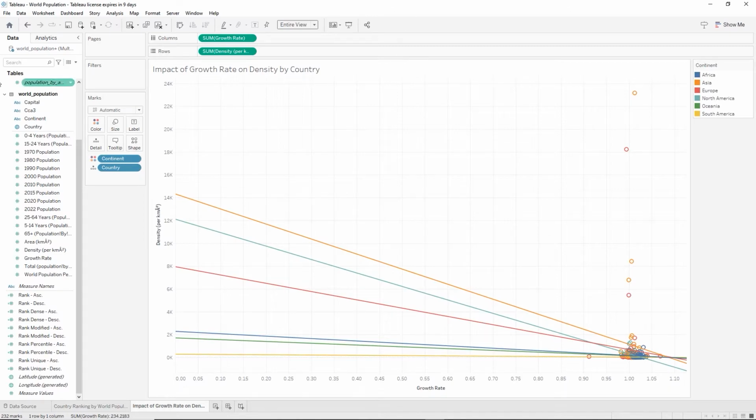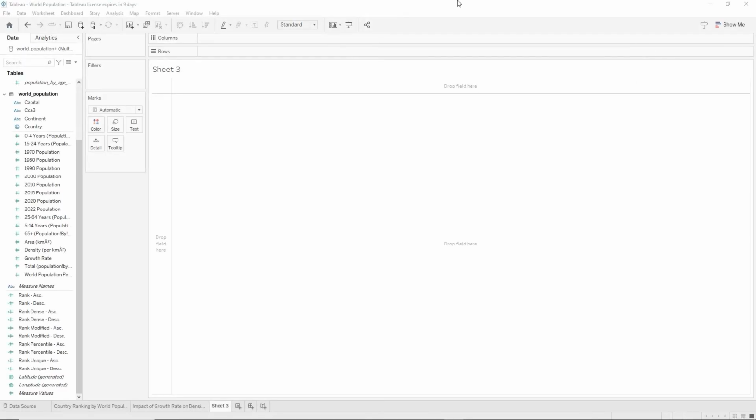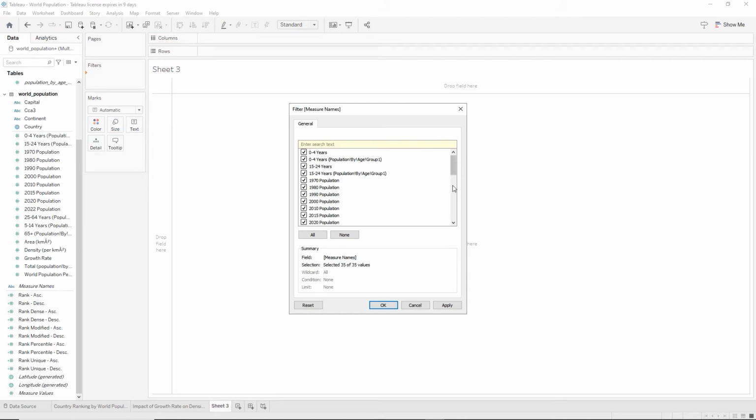Go ahead and save your file and bring up a new sheet. We're going to create a couple of more visualizations here, and then we'll get to our pivoting topic. So the first viz, let's grab our measure names and drag it to the filter shelf. And we're going to be dealing with this population information here. So I'm going to select none for the filter, and then I'm going to just select those population fields 1970 through 2022